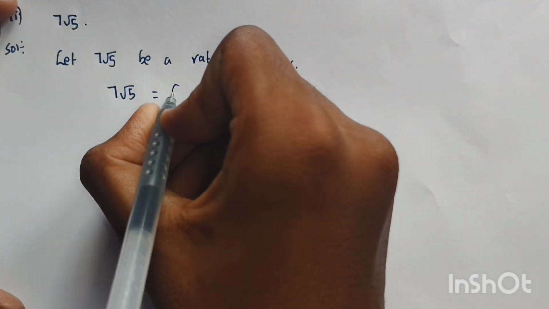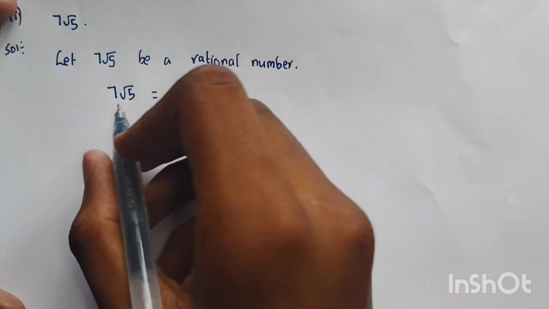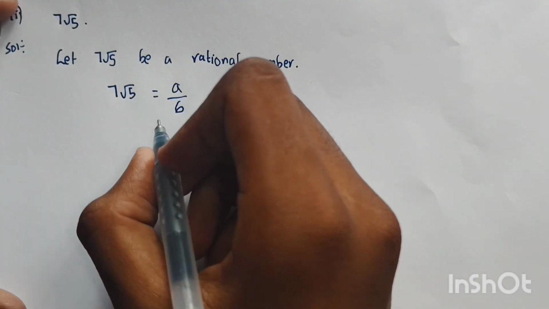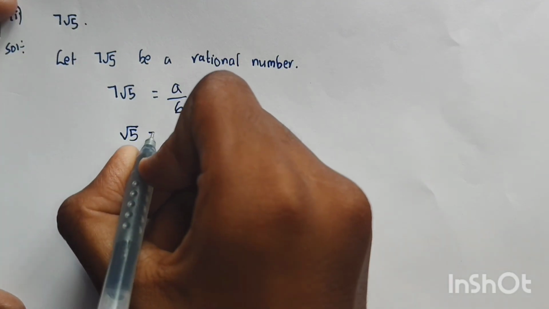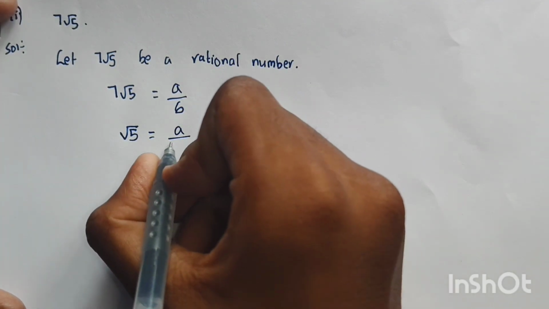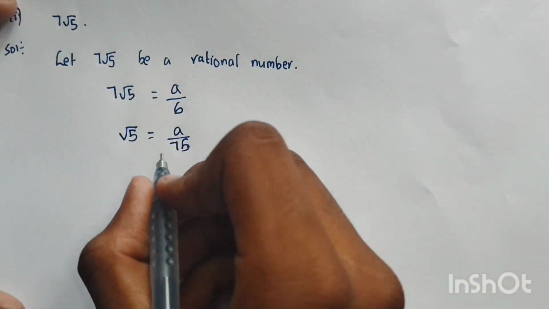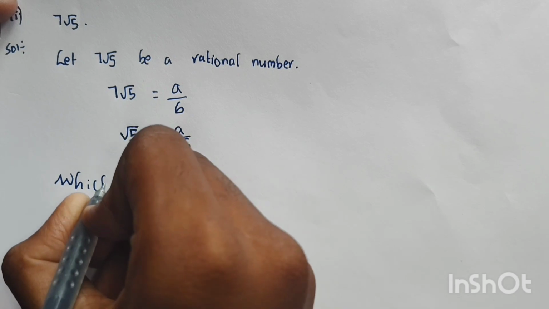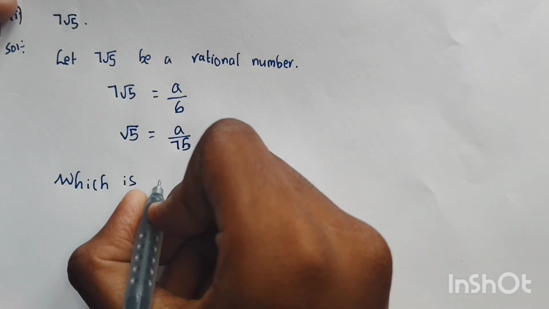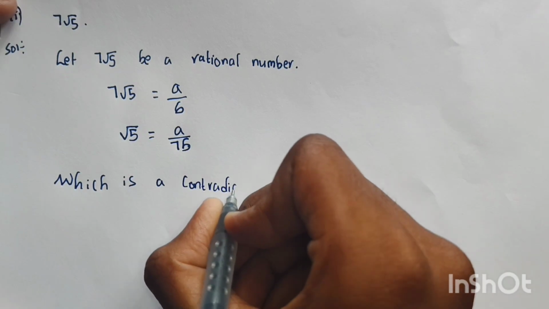So 7√5 equal to a by b. Here 7 is multiplying. If we send 7 that side, it will divide. √5 is equal to a by 7b. So completed, which is a contradiction,